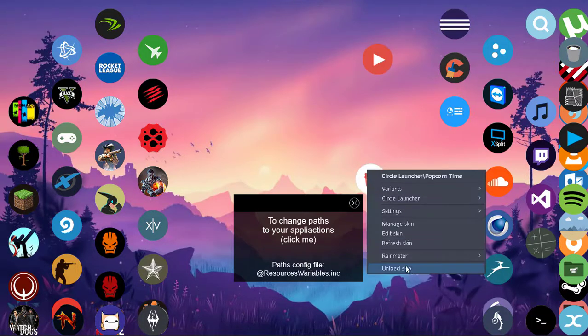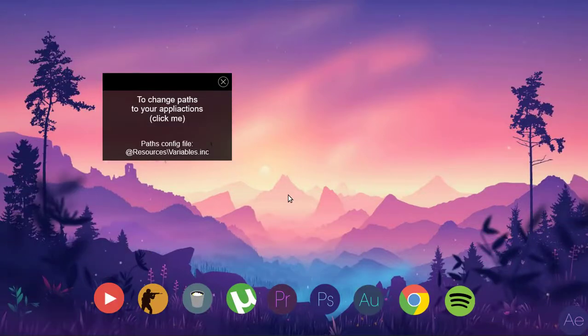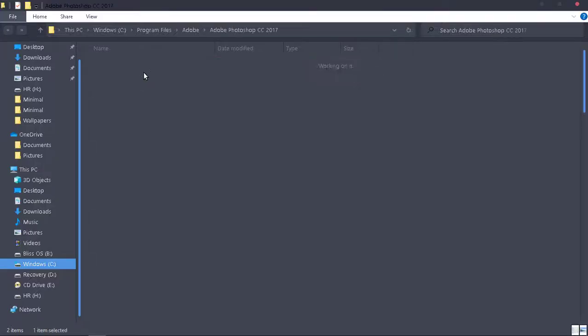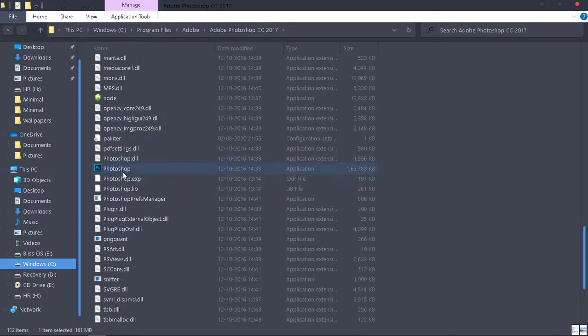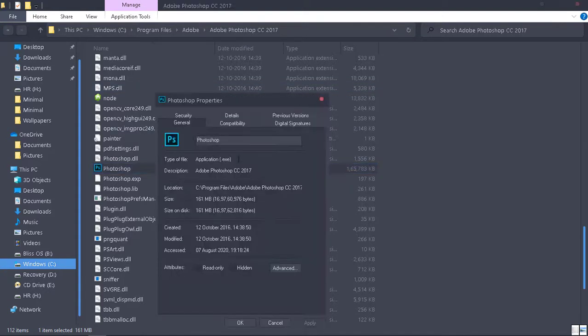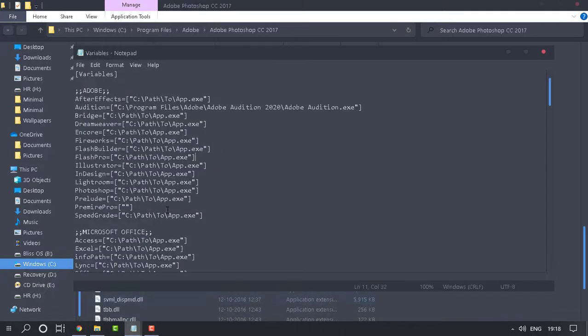So once you're done with setting up all these icons, it should look something like this. You can simply click on that window right there and that should open up the notepad. And so once you're done, you need to simply go to the directory of the software that you wanna configure. Simply copy the directory address and then paste that right in the notepad of the launcher settings. And once you're done with that, you are good to go. Next time you click on the icon, the software automatically opens up.